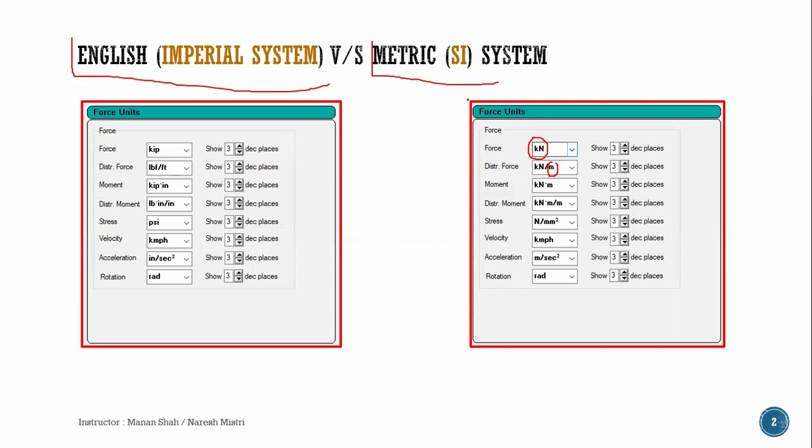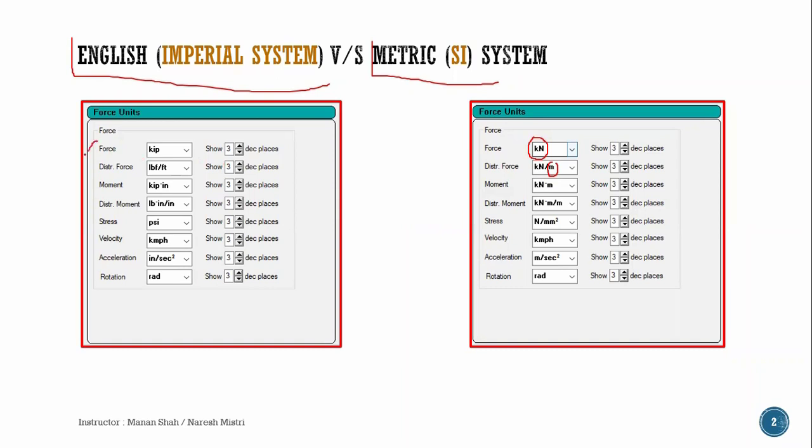Right. So in India, we use the SI unit system, and for day to day purposes we always submit our drawings based on the SI system. Whereas in the USA and maybe some parts of the UK, they use the English system of units, but more or less all other countries around the world are using the SI system of units.